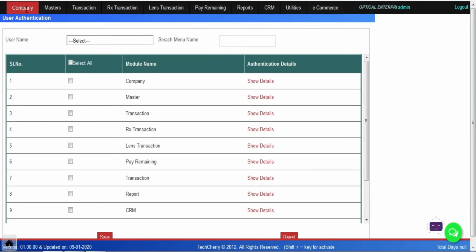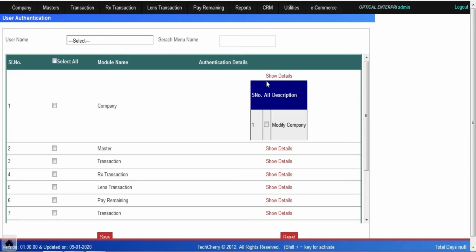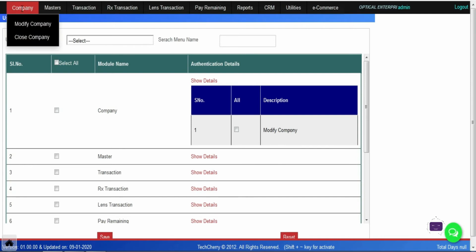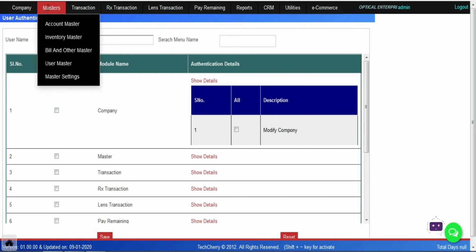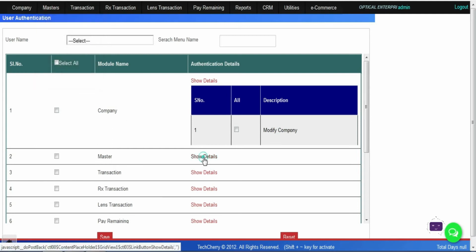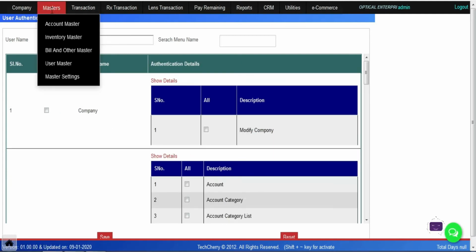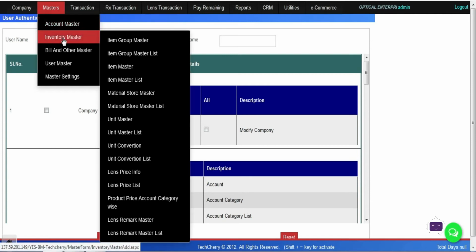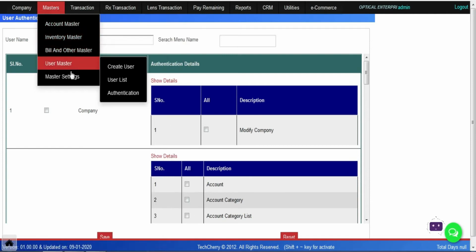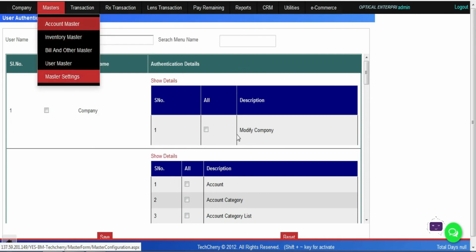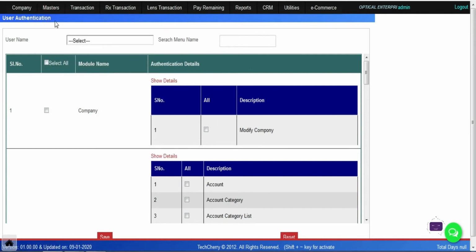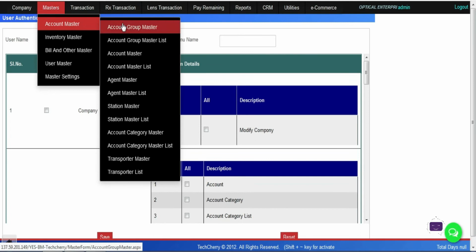Suppose we have the company menu. Under company we have the show detail option, only the modify option can be used. Now under master we have this many modules, same as the menu: account master, inventory master, bill and other master, user master, same as it is we have here in authentication.